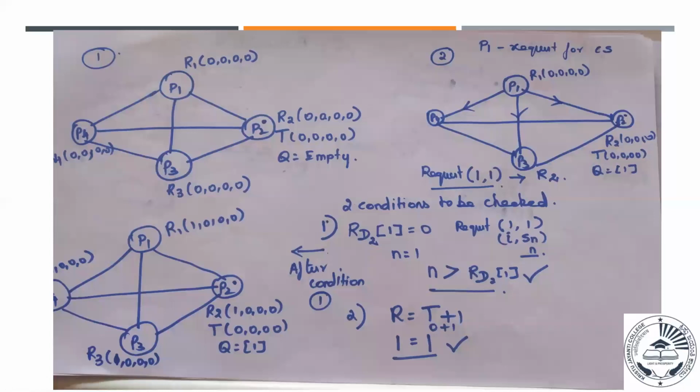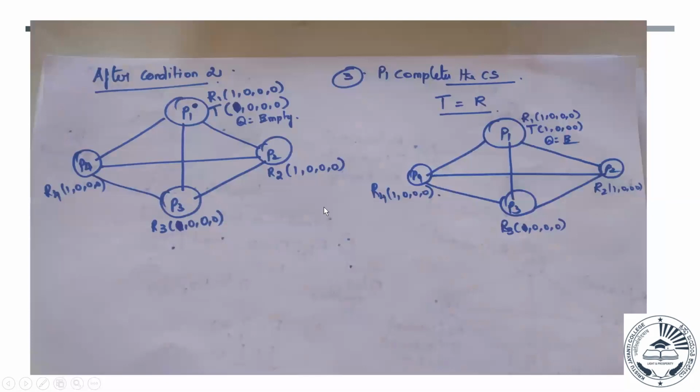studied in the Ricart-Agarwala algorithm. Okay, so if the site is not having the token, they are not able to get into the critical section. So R1 request, RD2 has to find out what is the 1. What is 1? The 1 is nothing but from site 1 it is coming. What is the site 1 value in R2 array? Is going to be 0.